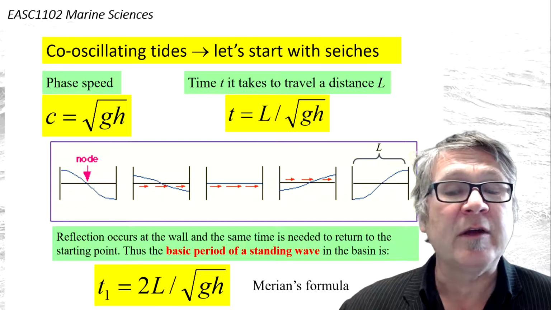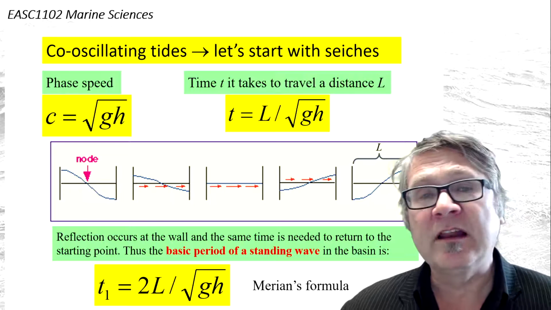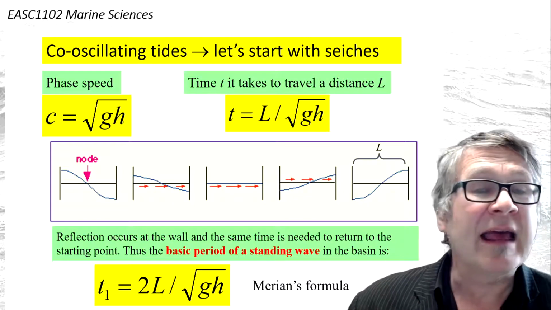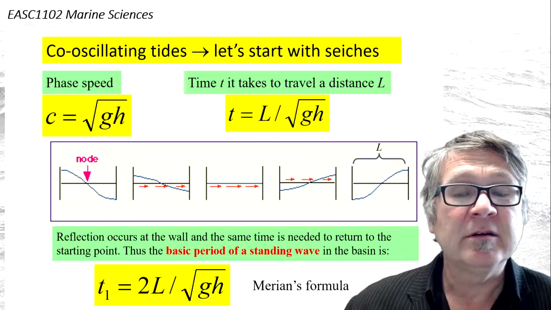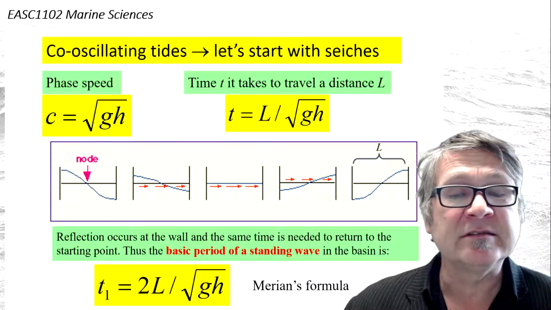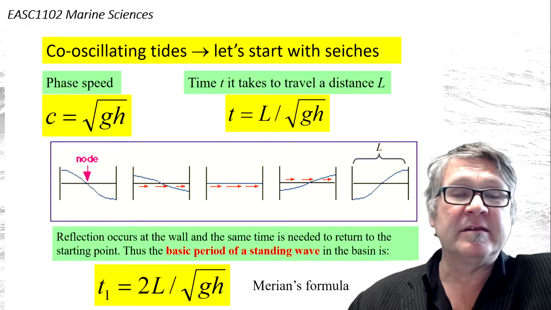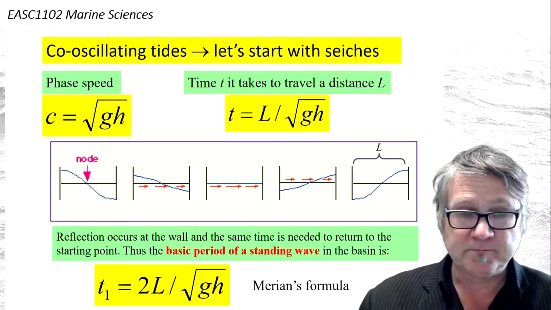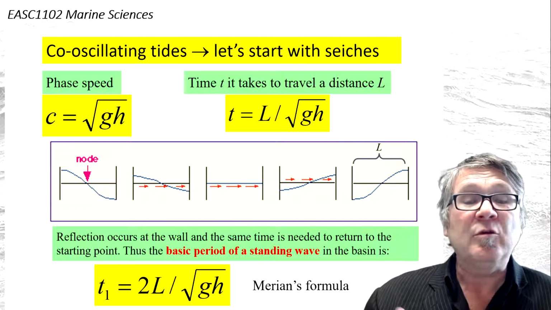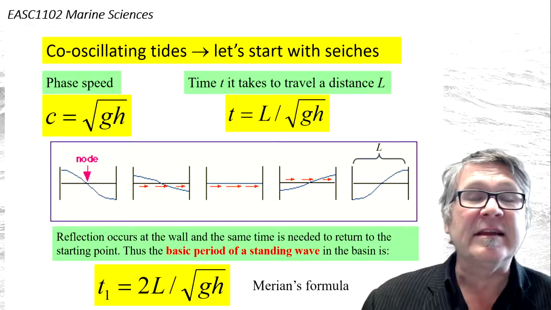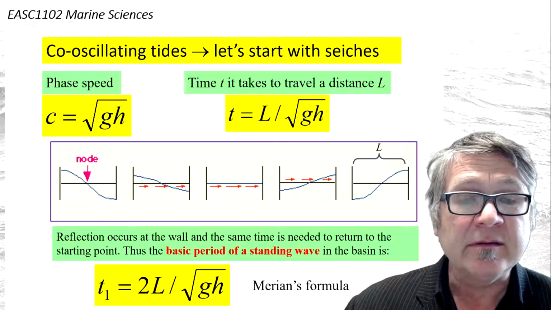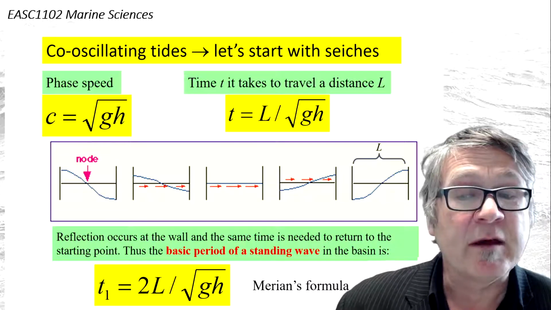So what actually shifts water from the left to the right side and back are horizontal currents. You get that, and you push water against the side of your tank, and that creates this motion. And you can actually work out exactly the period that creates these types of waves, because